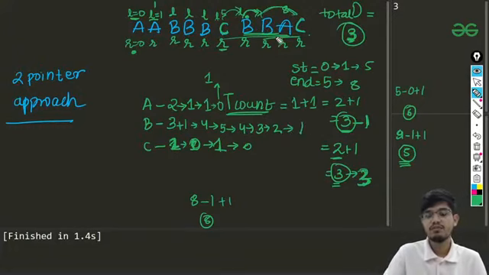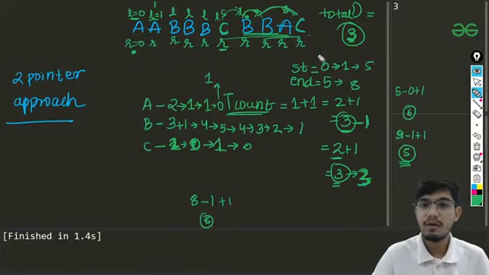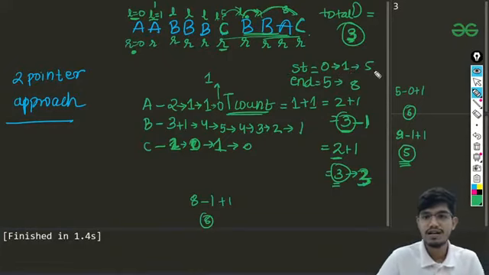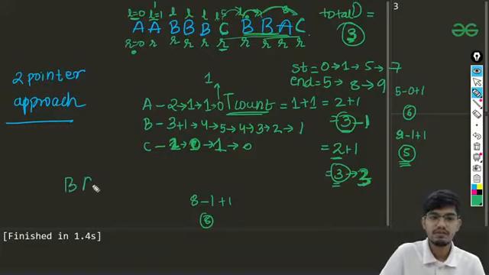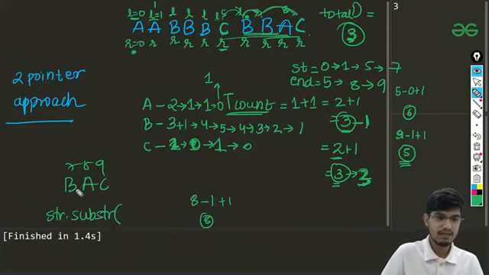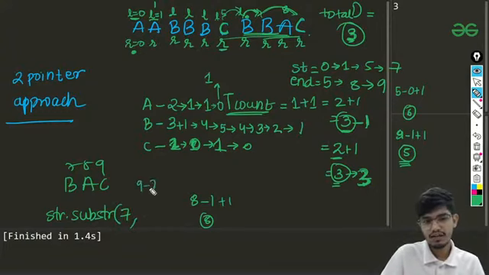and in this we'll be just updating our starting and end point. So what is the start point? Start point will be something like 7 and end point will be something like 9. So it starts from 7 and ends at 9. If we use our substring function, it requires the starting index, which is 7, and the length of the substring, which is 3. So I will be writing 9 minus 7 plus 1, so it will be 2 plus 1 which is 3. So I will be writing end minus start plus 1.